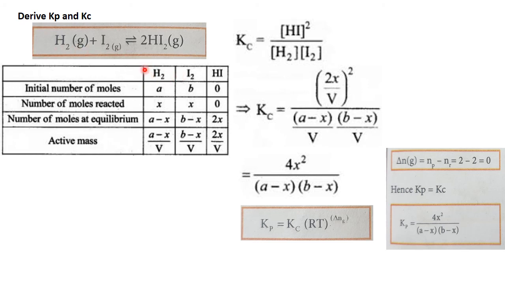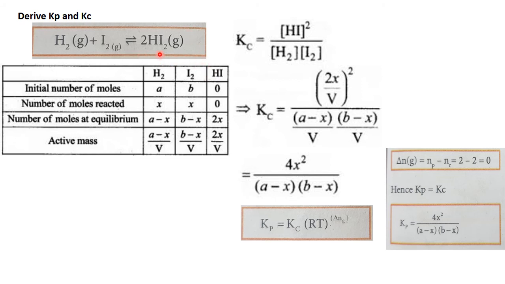So here, first you write this. It's very, very important. It will definitely be asked for 5 marks. There are 3 examples like this. If you understand the first one, you can write the remaining 2 on your own. Once the equation is given, you can finish off how to write Kp and Kc. There is nothing else to learn from this. You don't have to memorize anything, only the derivation.